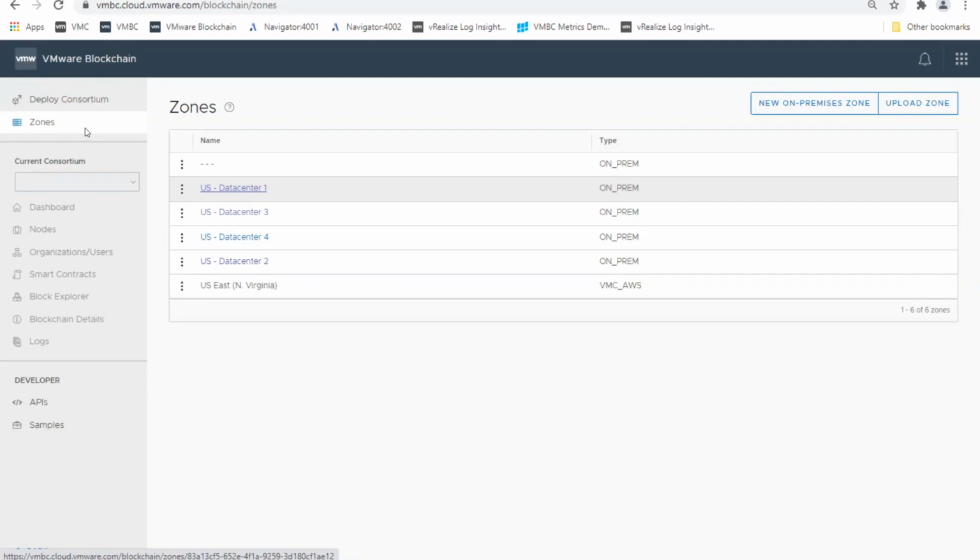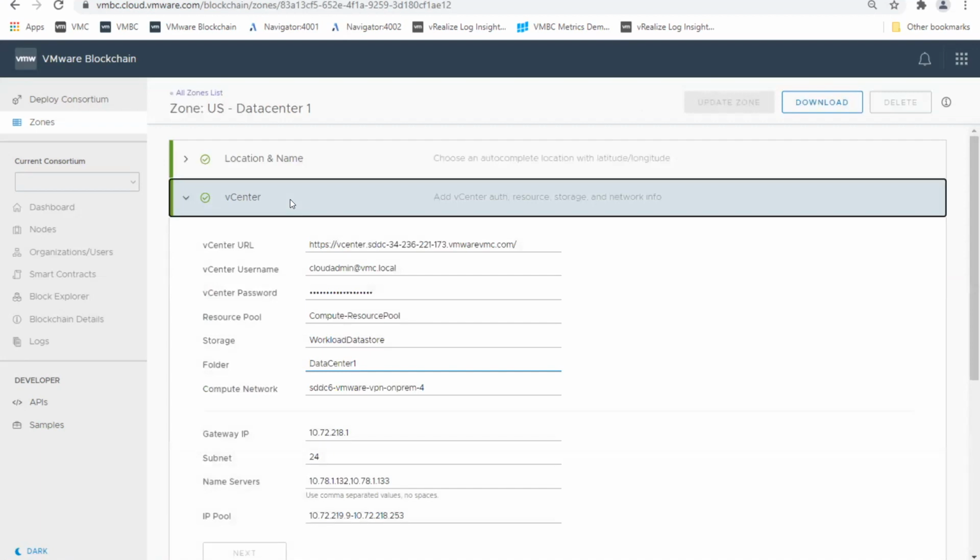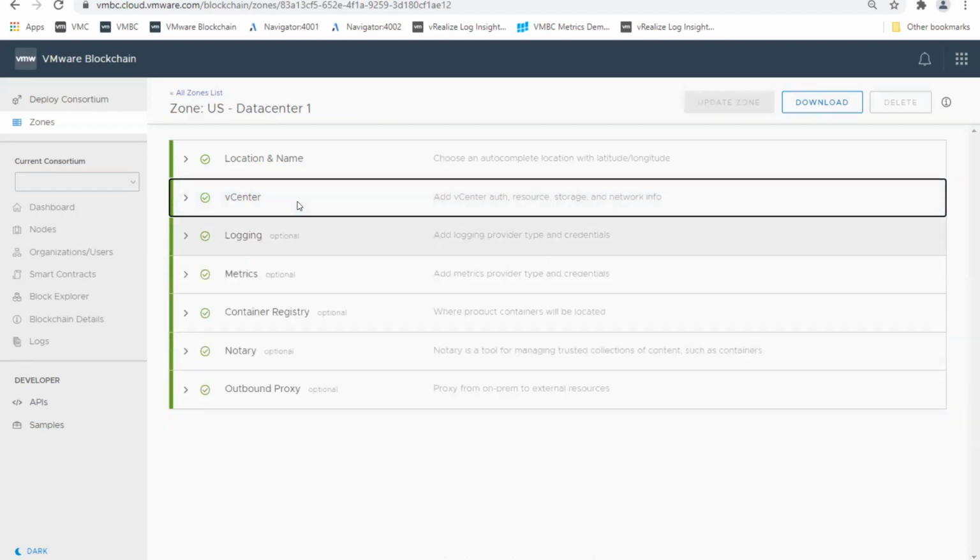And in our case, we have these nodes, or zones, and within a zone, all I'm really defining here is the vCenter endpoint. So these are just VMs deployed on vSphere. So I have a vCenter endpoint with some very typical things around saying what resource pool is allocated to it, what storage, where is it stored, and so on. But we also